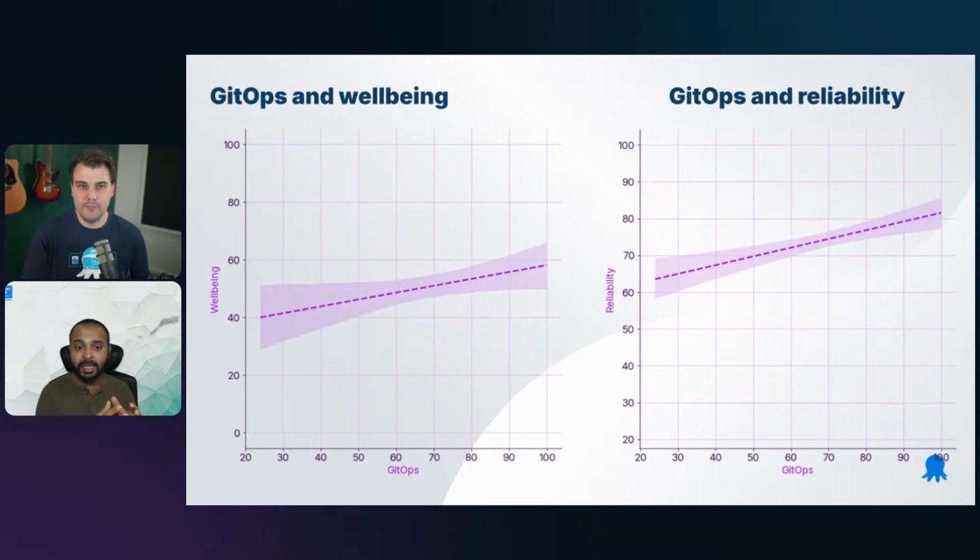And initially, that can be overwhelming for a lot of teams who have not been on GitOps before, potentially not even been on Kubernetes before. So they are getting onboarded onto Kubernetes and GitOps at the same time. And there are all these different tools they are introduced to. So I can see why initially it would be exhausting. And you can see based on your graph that the number is low initially. But as you go closer to following the best principles of GitOps, your well-being increases from 40 to 60, which is a nice 20% jump.